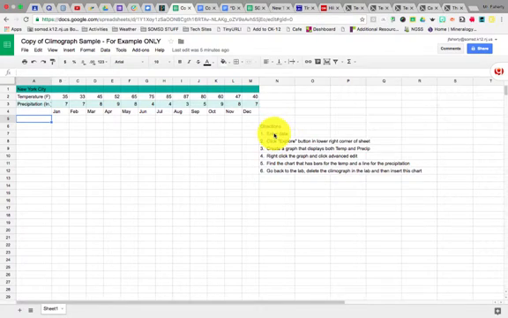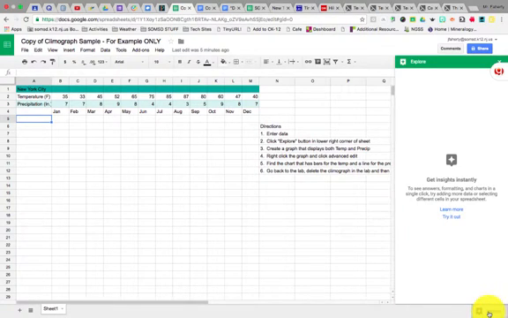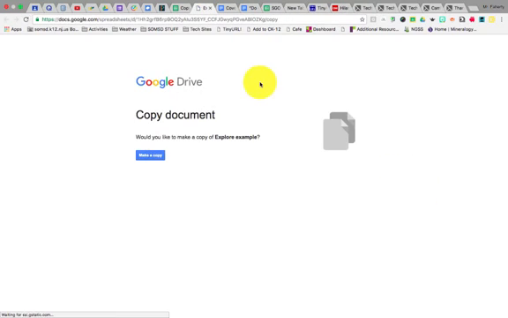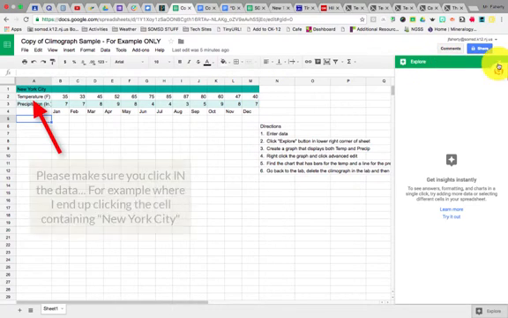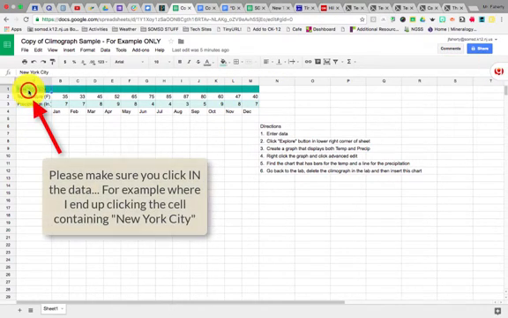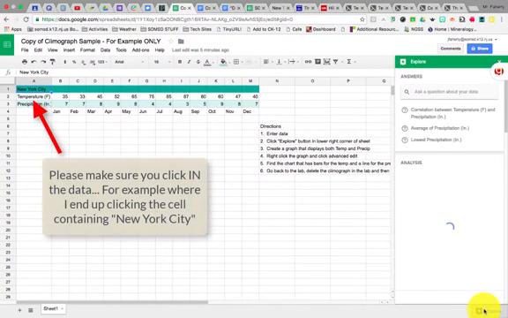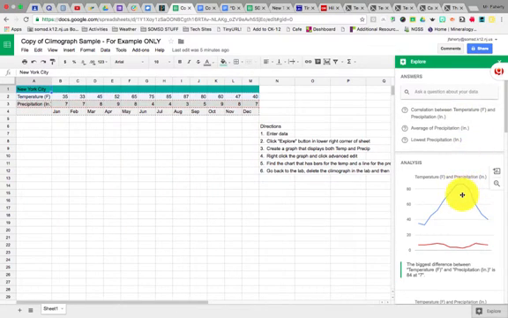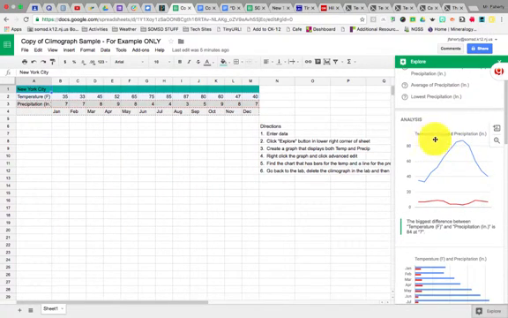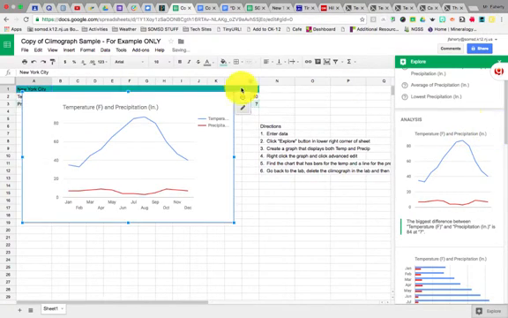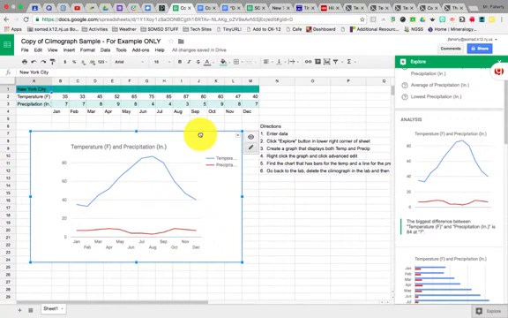So we did step one, enter the data. Now the next step would be to go down here and click this button, which is the Explore button. What the Explore button does is it looks at your data and gives you some ideas for charts that you can do. So the first one we're going to do is actually what we're looking for, temperature and precipitation. I'm going to insert that into the document and move it down here